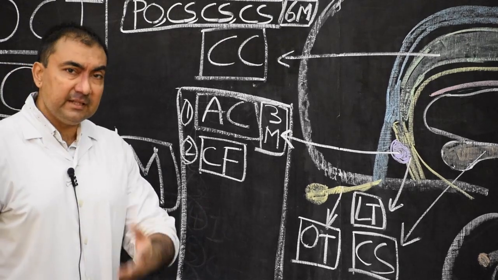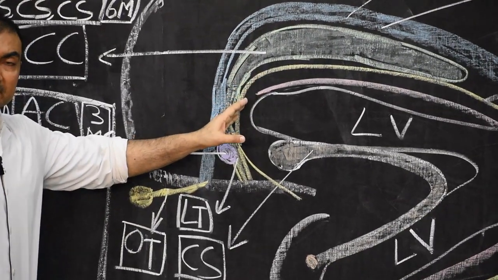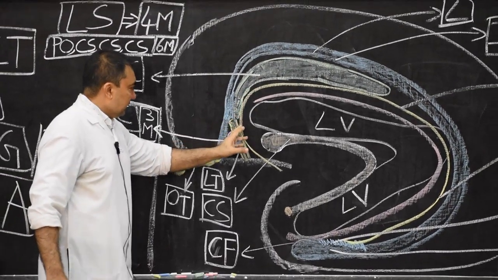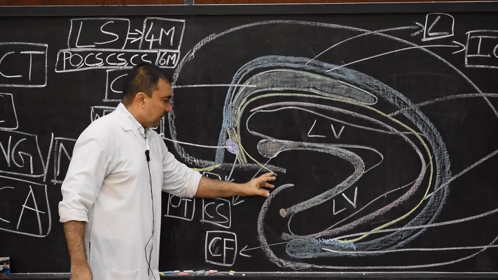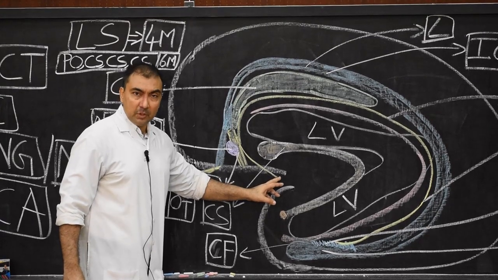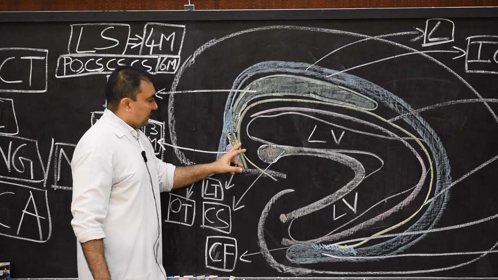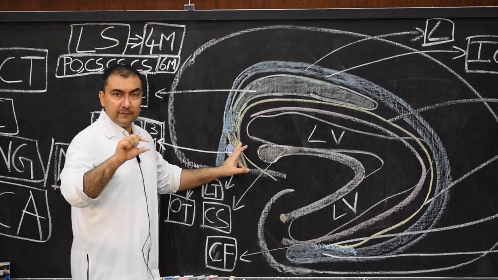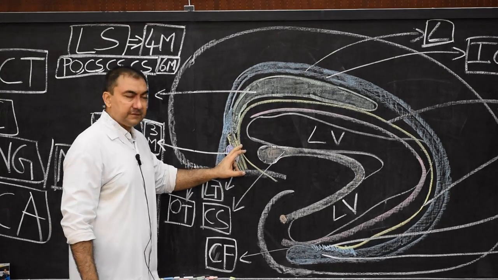What will they do? We know the fornix of the right and left side, in plural, are called fornices. The fornix is coming, passing through the dorsal wall of the lamina terminalis, and terminating in the mammillary bodies of the hypothalamus. So here they will cross from the right to the left side. The fornix of the right side and left side will then form the commissure of the fornix. Where? Exactly in the dorsal part of the lamina terminalis.